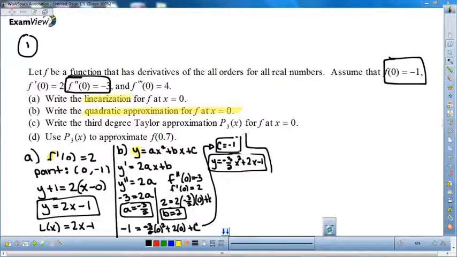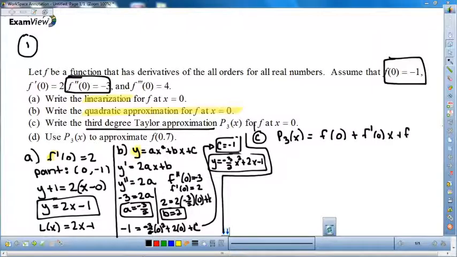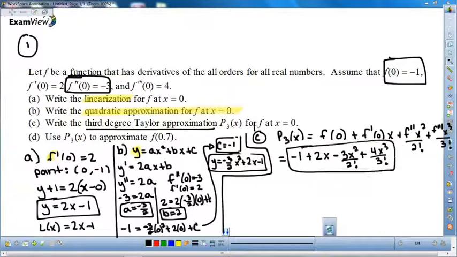Part C wants us to find the third degree Taylor approximation. So the third degree Taylor approximation is f of 0 plus f prime of 0 times x plus the second derivative times x squared over 2 factorial plus the third derivative times x cubed over 3 factorial. So we're given all the information we need. We just need to substitute everything in. So there's my third degree